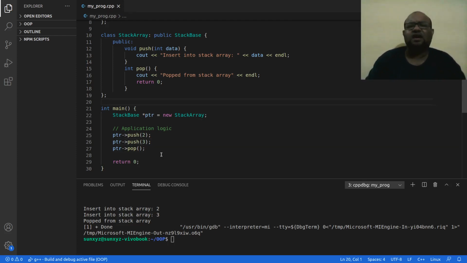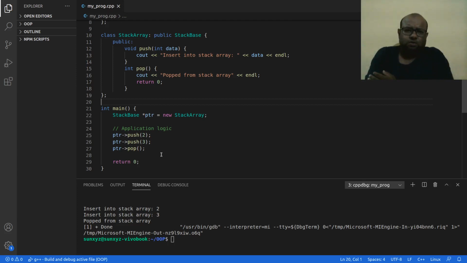Now say in your application you are creating this stack using an array. You figure out that creating a stack using an array is not helping you. Okay, so you are either wasting space, or you do not have enough space. So array has this problem, right? So you decide that one day you are going to use a linked list.